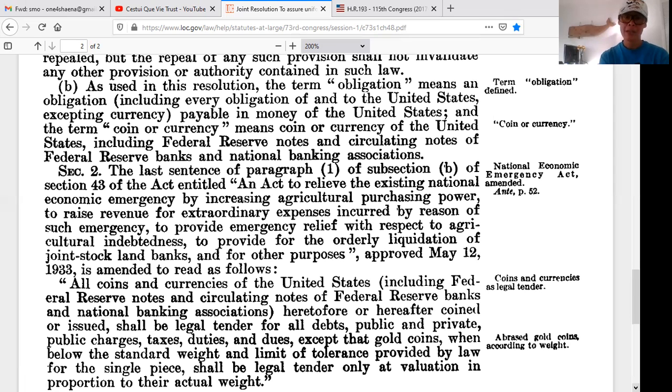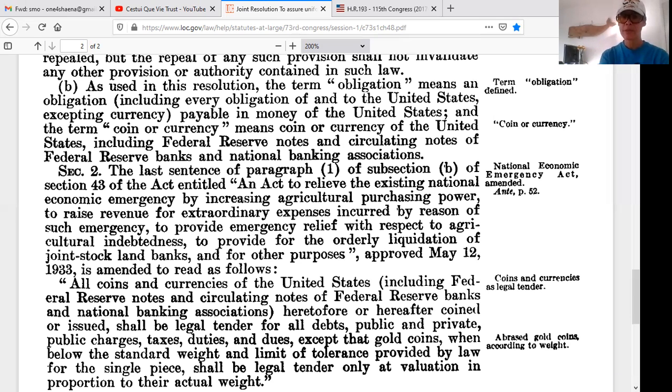Section 2. The last sentence in paragraph 1 of subsection (b) of section 43 of the Act entitled An Act to relieve the existing national economic emergency by increasing agricultural purchasing power, to raise revenue for extraordinary expenses incurred by reason of such emergency, to provide emergency relief with respect to agricultural indebtedness, to provide for the orderly liquidation of joint-stock land banks, and for other purposes, approved May 12, 1933, is amended to read as follows: